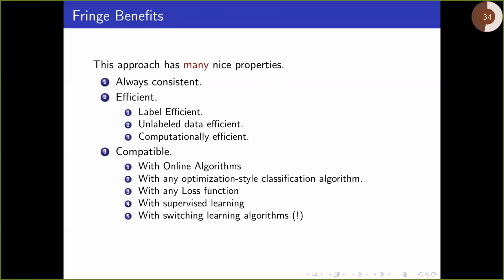It's compatible with lots of different things. You can do online algorithms. You can do different kinds of loss functions. You can do different kinds of supervised learning algorithms. You can take a data set which is trained on one algorithm. So you train your active learning algorithm with one representation, like decision trees, and you could even apply this to a linear representation or a neural network representation. That would make sense, and your estimates would still be good.